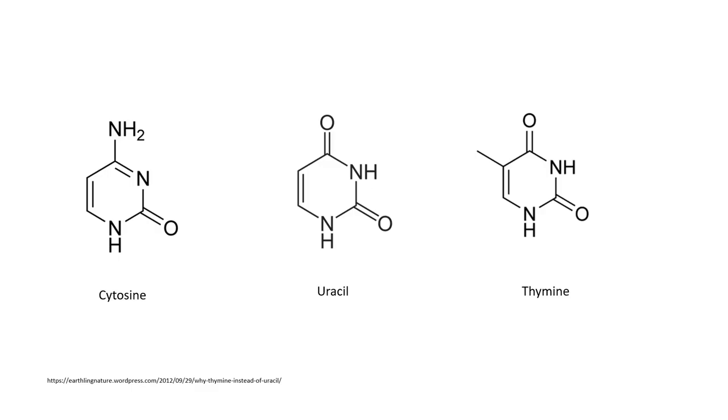A second issue is if we look at the difference between uracil and thymine, we see that the thymine has a methyl group on the number 5 carbon. And that is the only difference between it and uracil. It turns out that that is very significant because that methyl group is hydrophobic and changes slightly the folding of the double helix in the vicinity of the thymine. And that is important because uracil is not as selective as thymine in bonding. It can bond with itself, it can bond with other bases